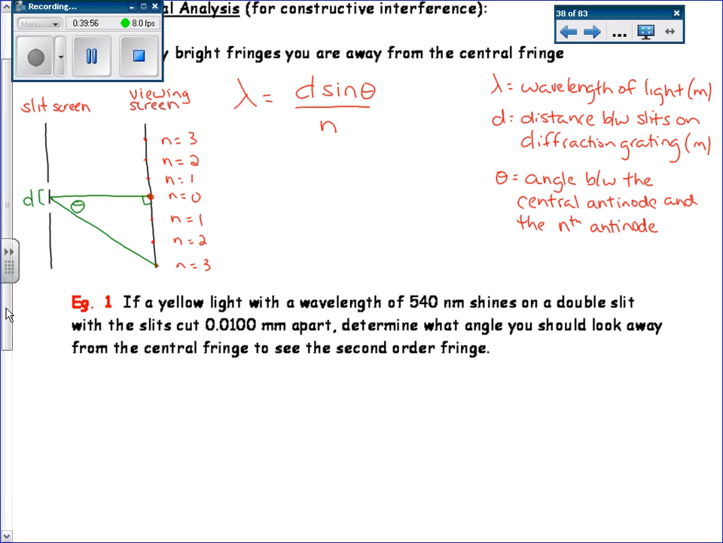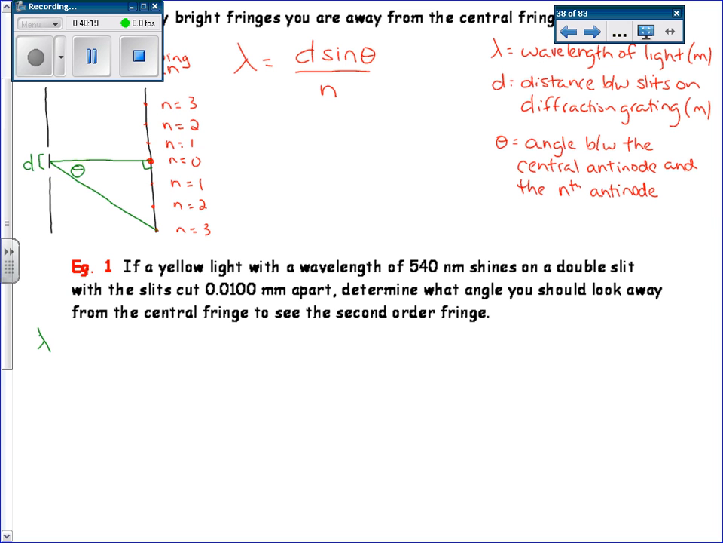So we'll do an example using this formula, and I'll try to refer back to the diagram. If a yellow light with a wavelength of 540 nanometers shines on a double slit, but the slits cut 0.0100 millimeters apart, determine what angle you should look away from the central fringe to see the second order fringe. So we have